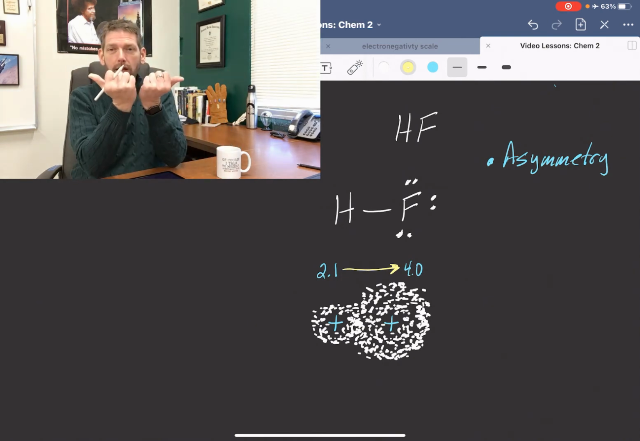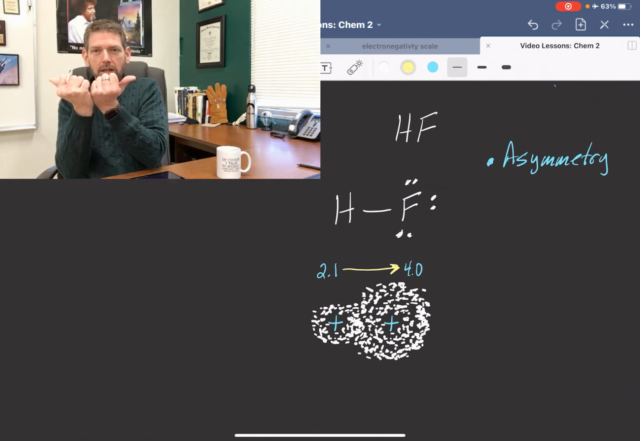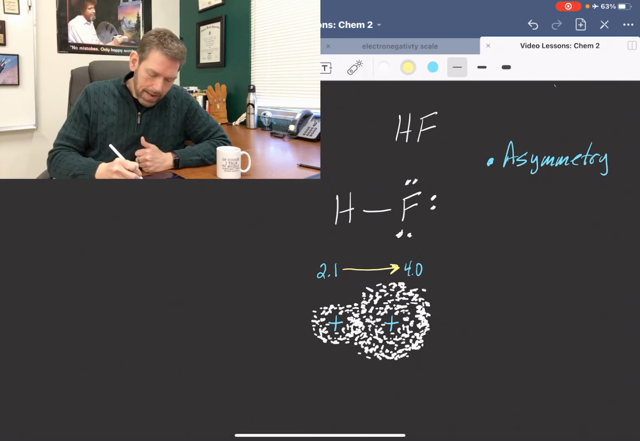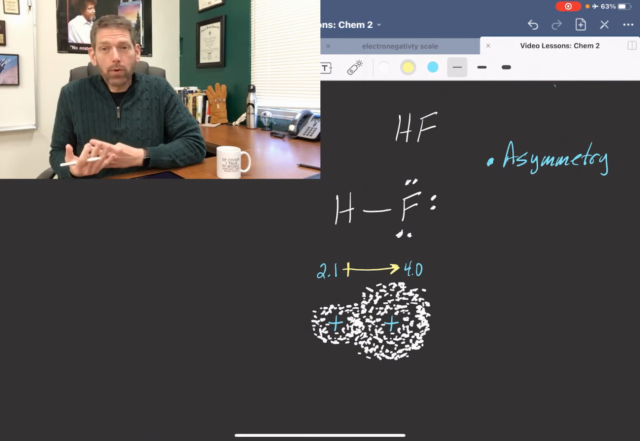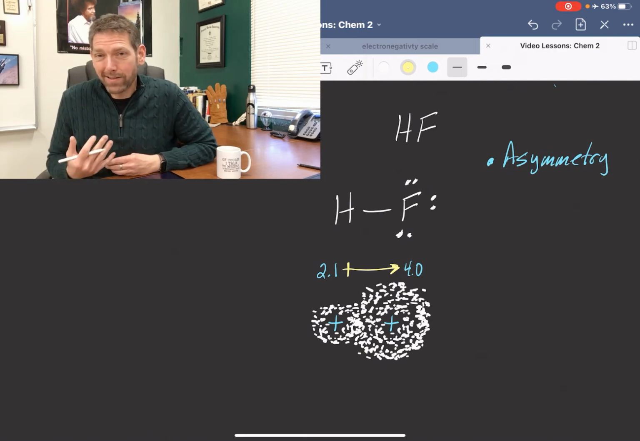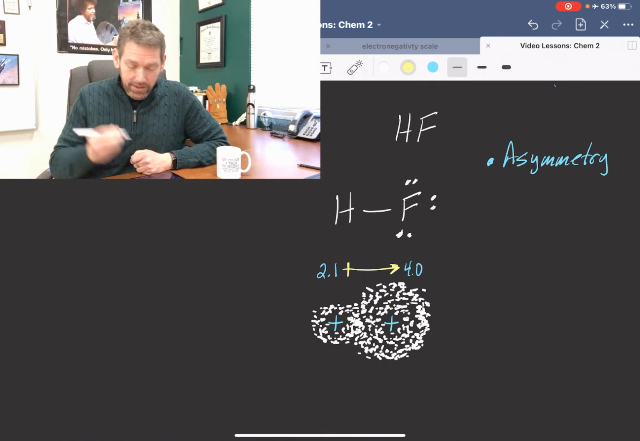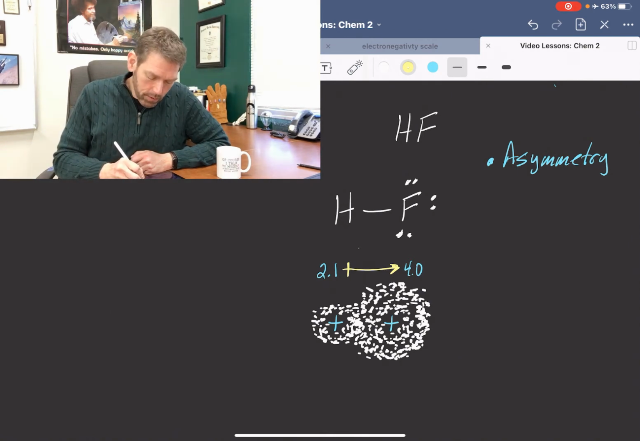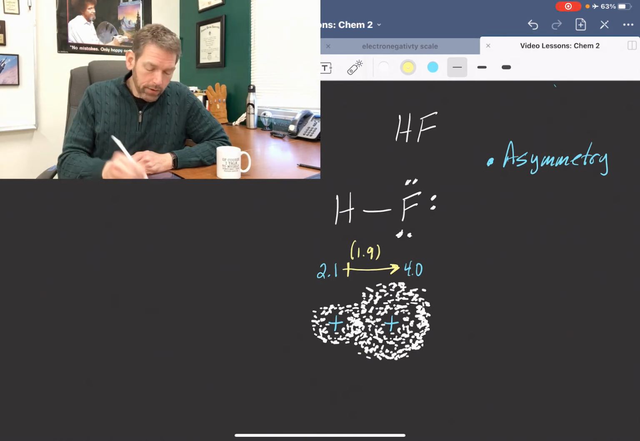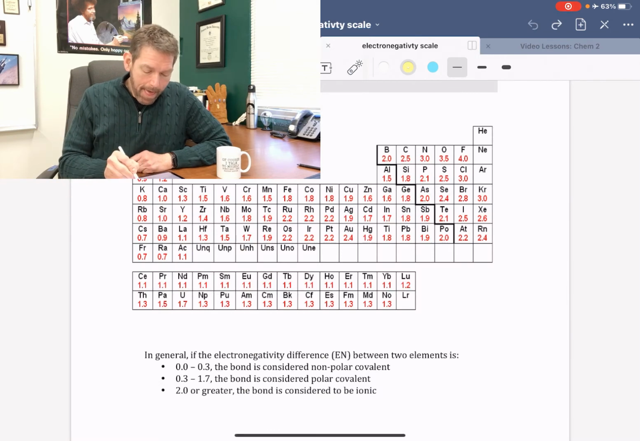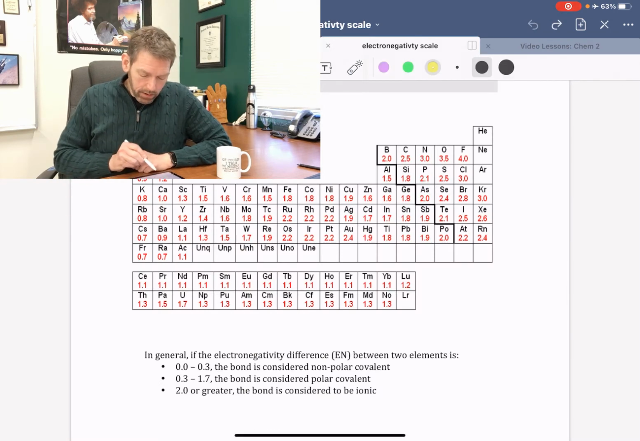Now we're talking about electron shifting, which means that this side now has relatively less electrons, so it technically is more positive. And that's where we come up with the idea of positivity, right? The difference between these two numbers is 1.9. It's 1.9. So we go back to this right here, and if we take a look,